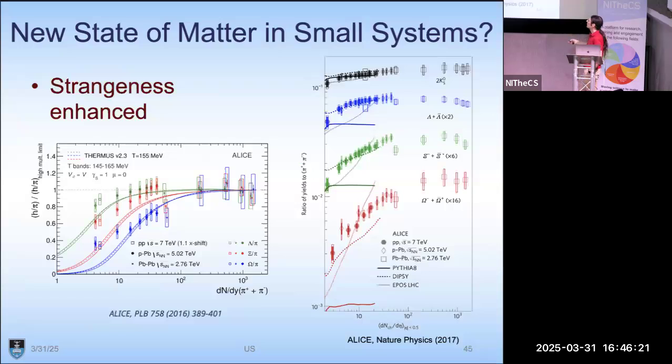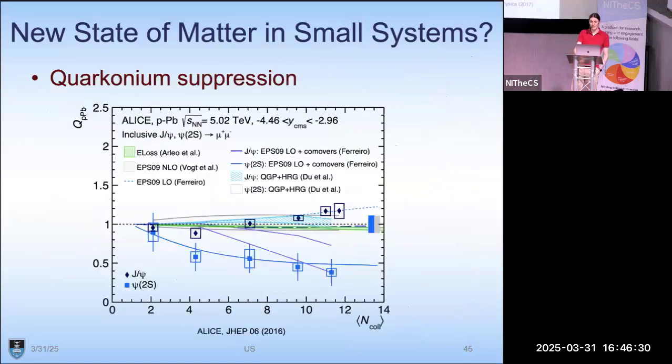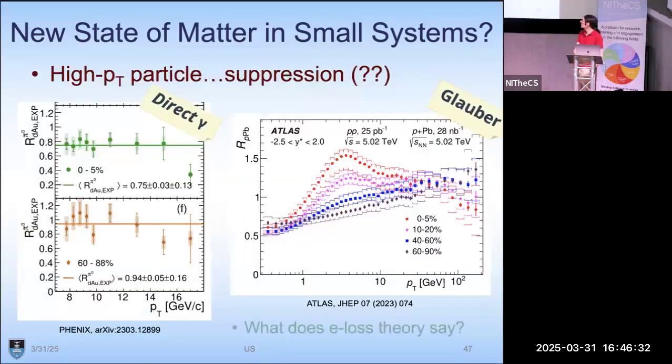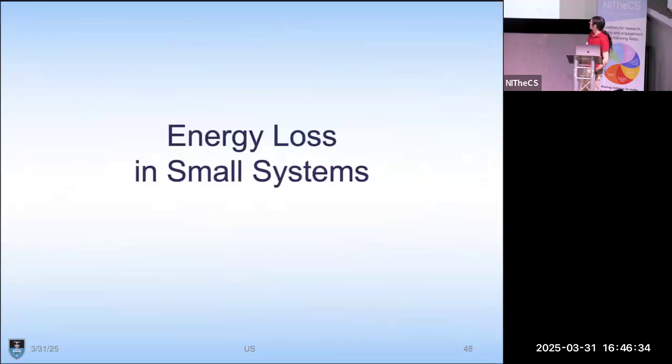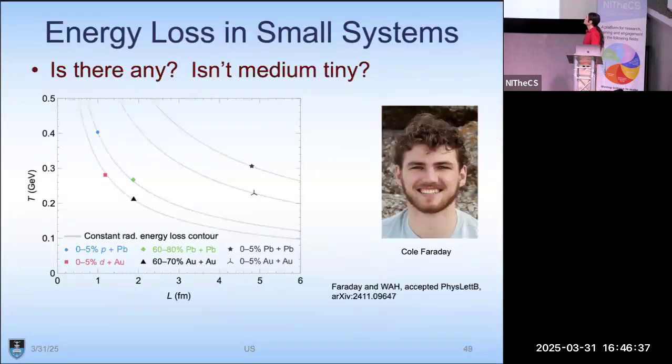We're thinking about more like 50 particles. So changing by a factor of 10 to the 23 the number of particles needed in order to support emergent many-body dynamics. So looking at this within the context of heavy ion collisions and nuclear theory, one of my students, Cole Faraday,